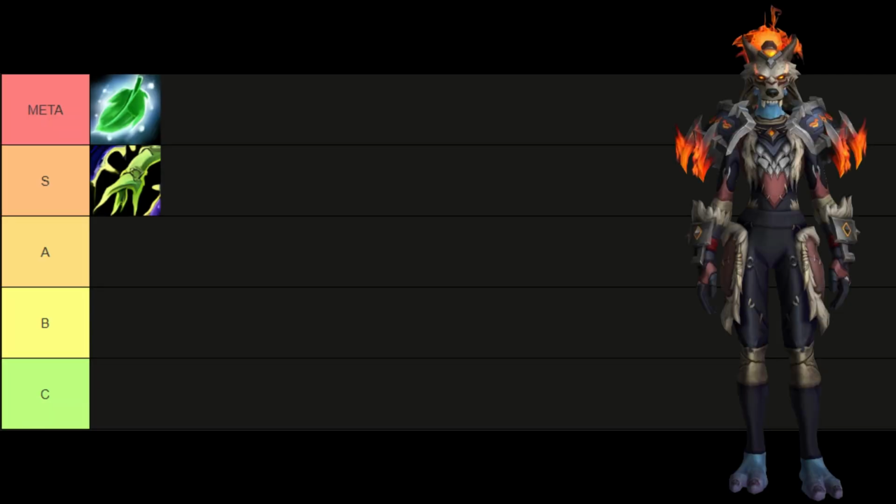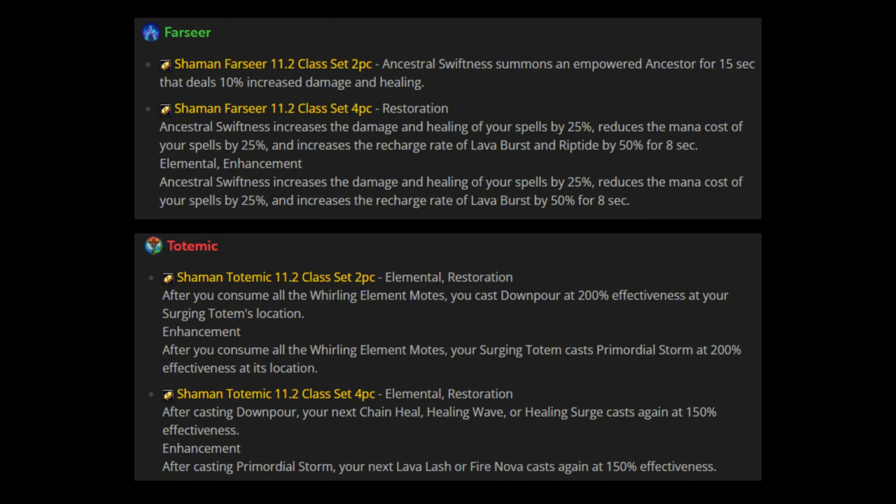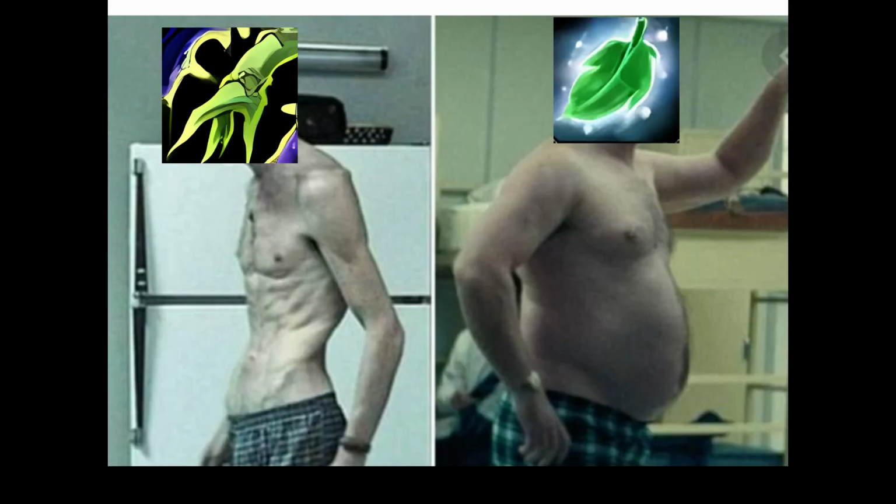S tier, Restoration Shaman. So no real changes to this outside of the tier set, which overall is a positive. A lot of shamans complained about the previous Healing Rain playstyle. The main issue here is that Druid has more output and the fact that the insane utility of Shaman will